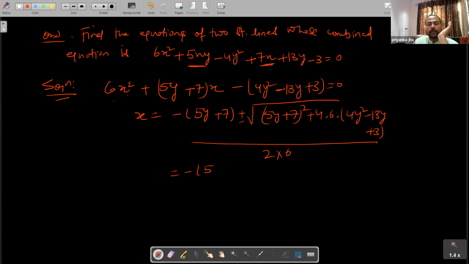Solve this. 5y plus 7 plus minus under root, this is 25y square plus 49 plus 70y